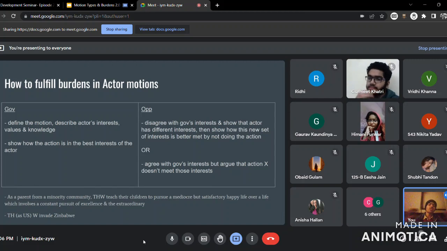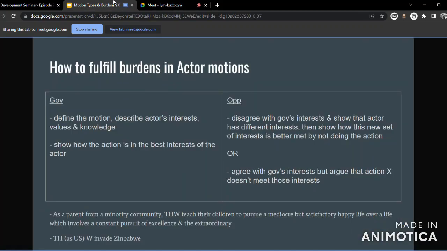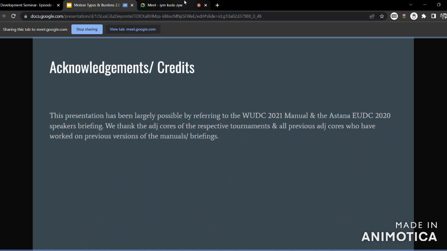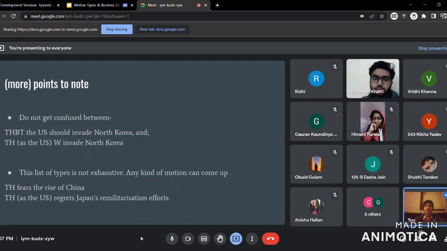If you are using both lines of attack, again use an even if. You disagree with gov's interests and say that okay, we think the parent has different interests, and you prove why your side caters to those interests. But then you say even if you don't agree with our characterization of parents' interests, even if we debate on your interests, we think even in that case you also don't achieve your own interests. So you are saying that parents have these priorities. So you can use even if when using both lines of attack; it's also fair for you to use just one line of attack, depending on what kind of case you can create.